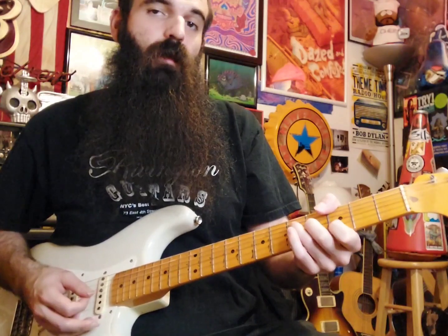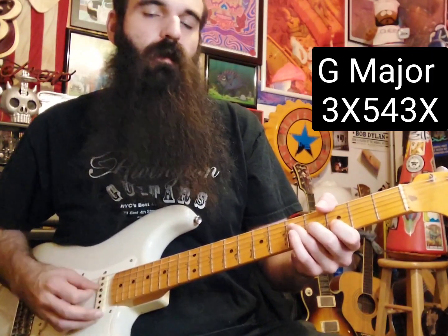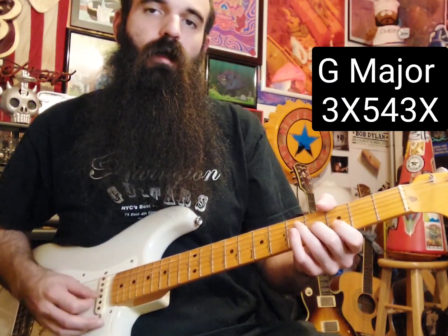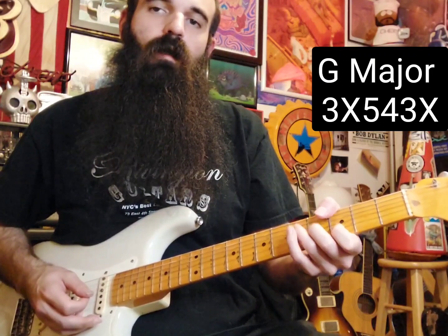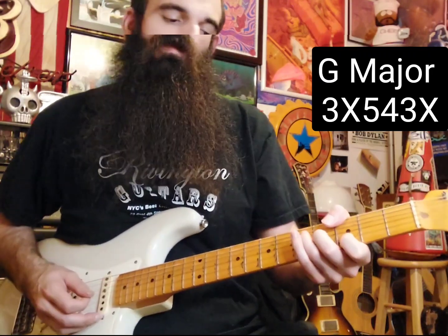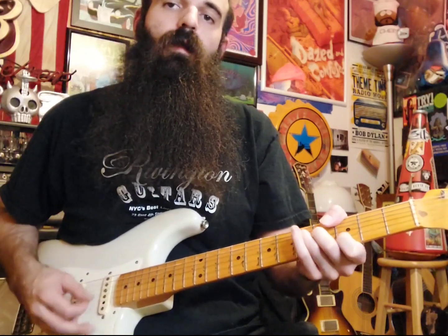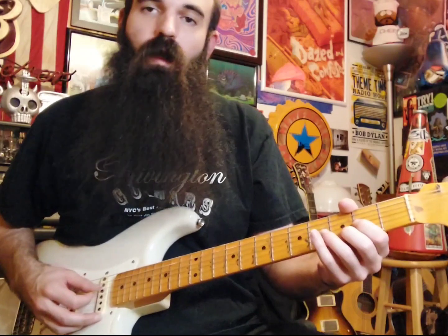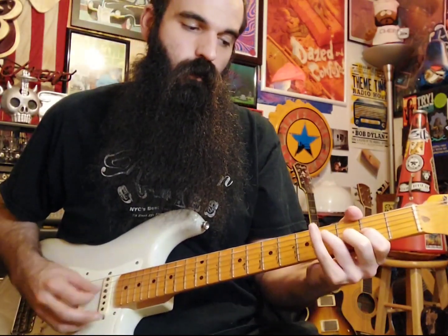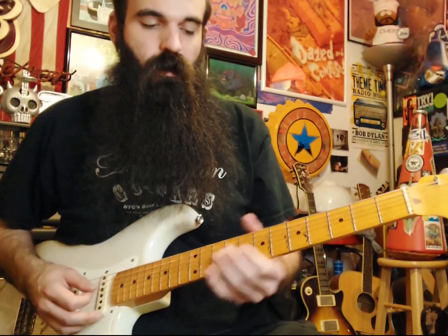Then we play our regular G major triad, okay? Thumb on 3 on the low E, mute out the A string, 5 on D, 4 on G, 3 on B. And I give this chord a vibrato when I hit it, just hit it twice. Then after we give this vibrato here on this G major chord, hit that twice. We're going to go from D major to A major. And we're going to do this little lick in between. Alright, so far we get...